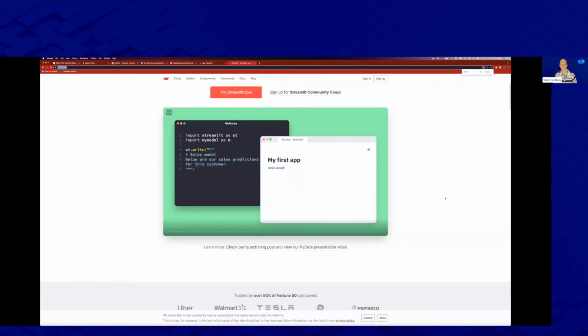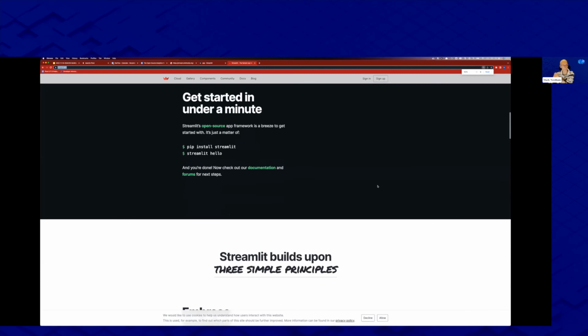So my question is, Streamlit is only for Python, right? There's no kind of connector over to Java, for example. Streamlit's in Python. There are lots of other tools that make quickly building front ends easier.